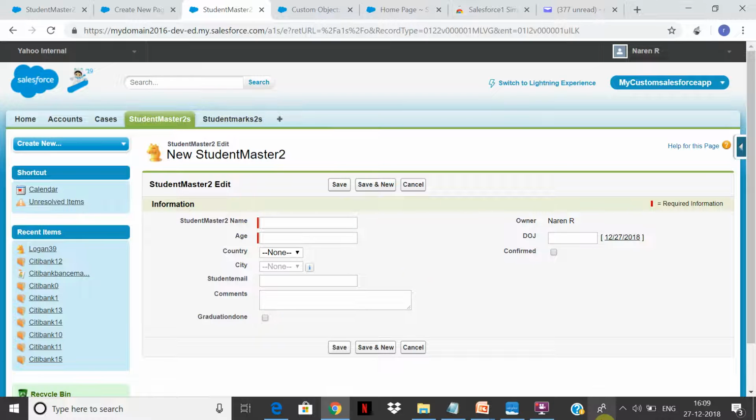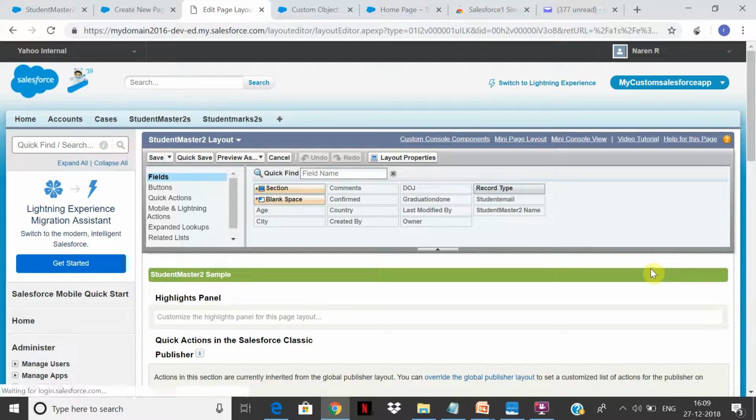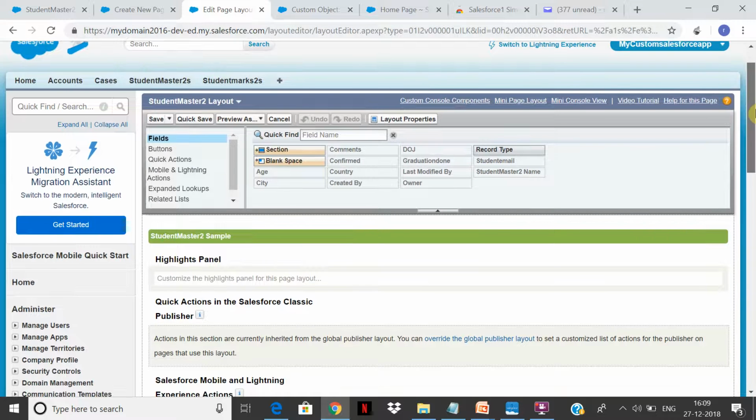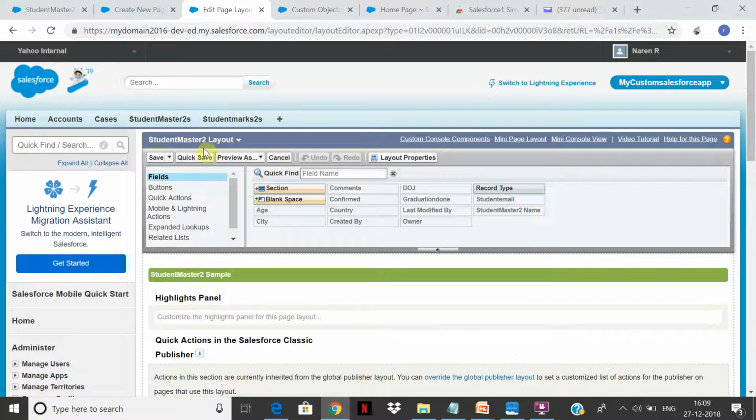So now whenever I come into the postgraduate, I want to show this field. Otherwise, I don't want to show this field. In the undergraduate screen, I don't want to show it. So let's see how to do that. I created a new field. So let me go to the layouts. Now I want to create two layouts. Or we can do one thing. I'm going to create one more layout here. So this is the default layout.